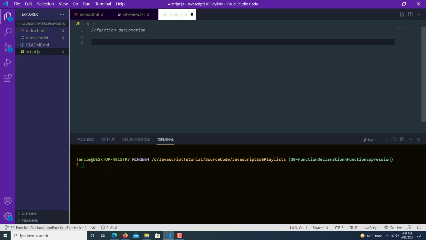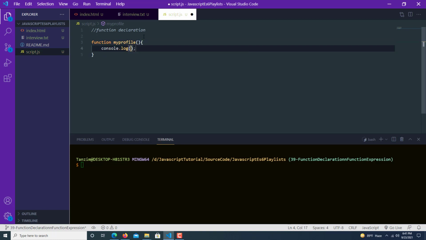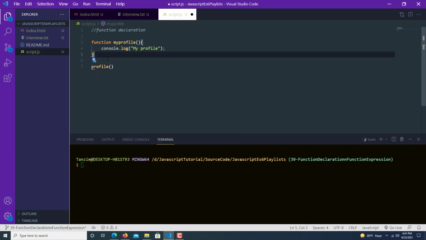Suppose function myProfile, console log my profile. Now if we do this, we can invoke this and we will get a result. Sorry, it will be my profile. But the same thing, if you write